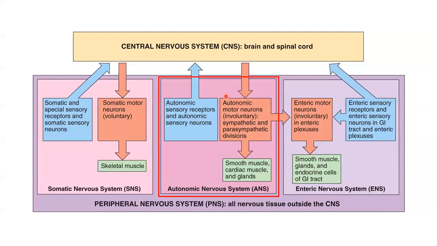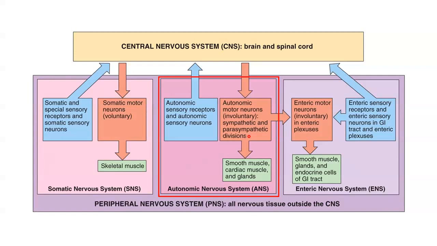The motor portion of our autonomic nervous system is then further divided into two branches or two divisions. We have the sympathetic division of the nervous system and then the parasympathetic division. These divisions we will focus on entirely in a future module. However, typically, effectors receive input from both sympathetic and parasympathetic divisions of the autonomic nervous system, with the two divisions